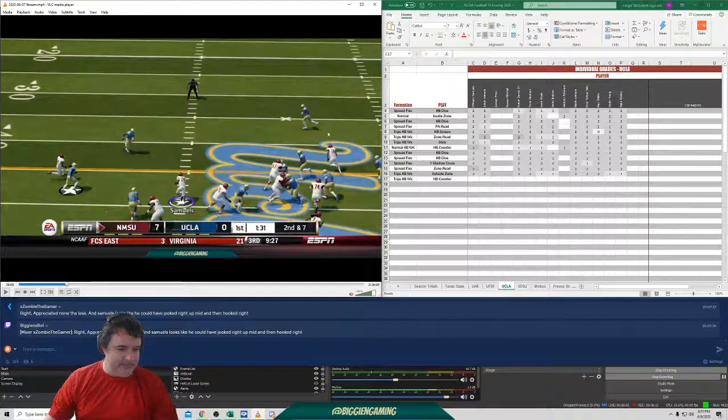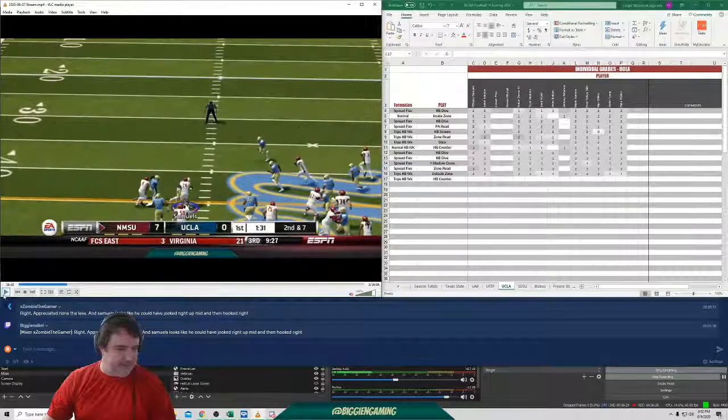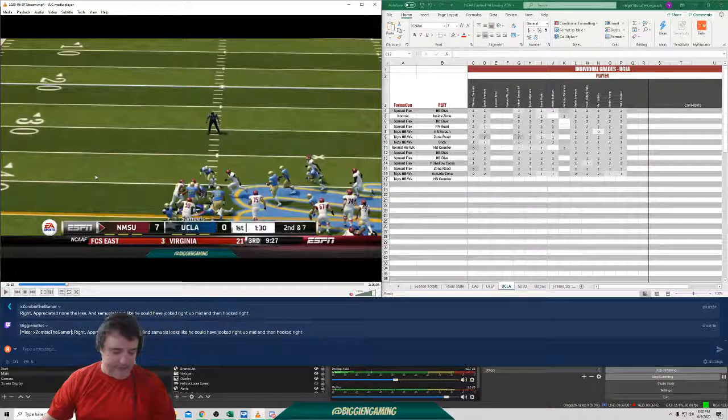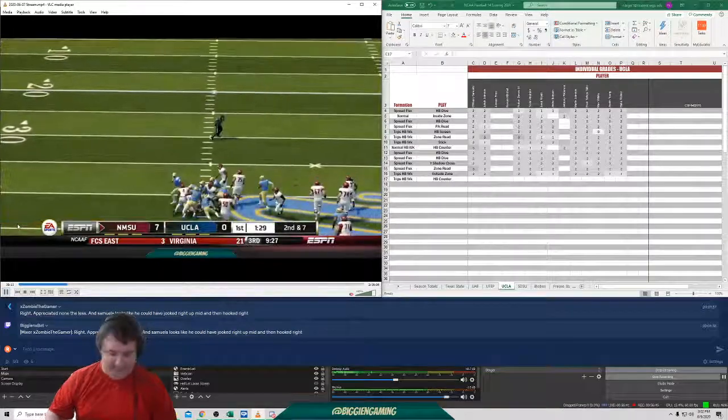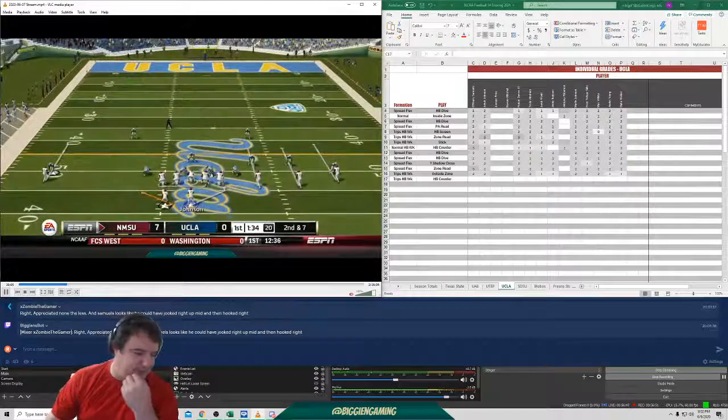Yeah, problem is he's got these guys. Right now I'm playing on Heisman and my sliders are really, really tough. And since I'm the one controlling, it probably could have gone a little bit to the right here, and then maybe busted it right here. I think I moved the stick the wrong way. But this still would have been hard because there's 3 of them right there. It would have been a real foot race. But eventually we'll get there. Right now, just the way it is, it's very, very difficult in that sense. But everybody blocks who they're supposed to block.